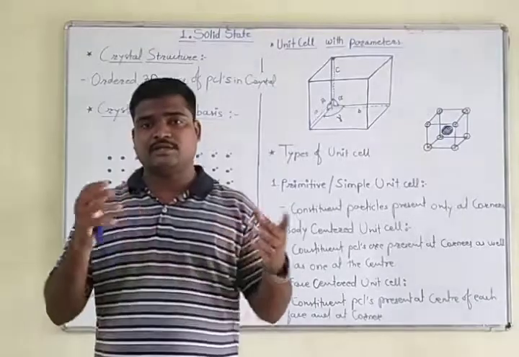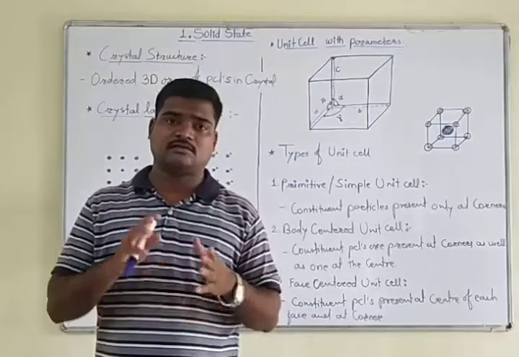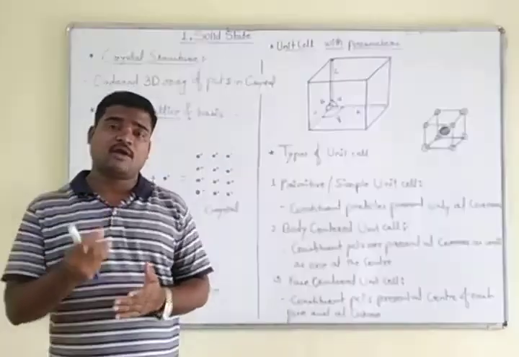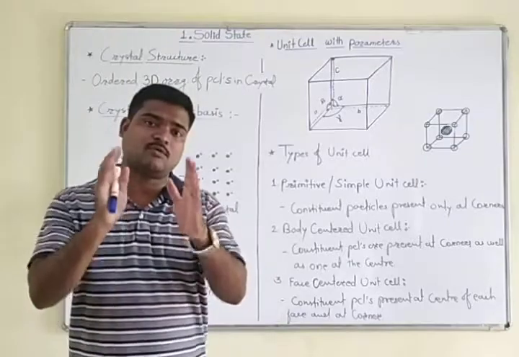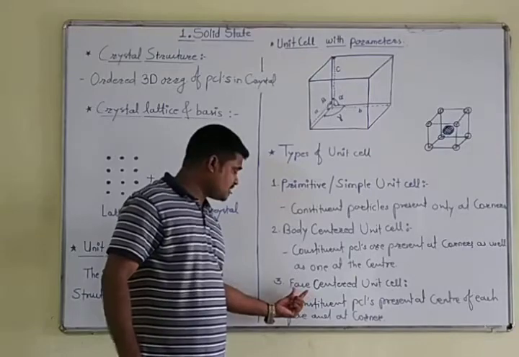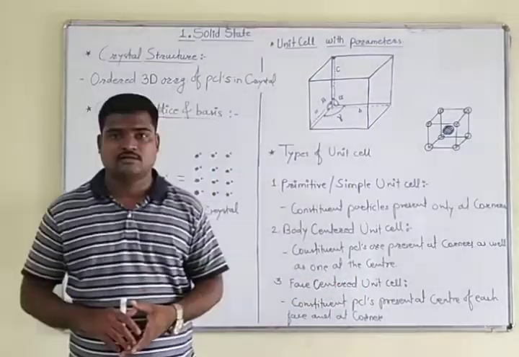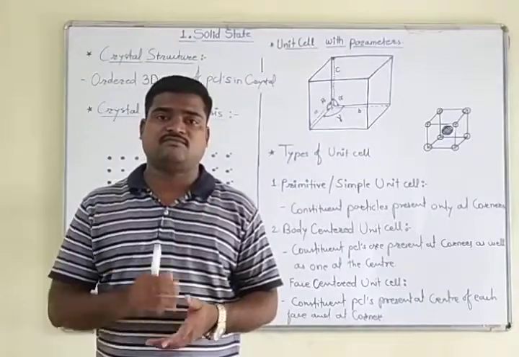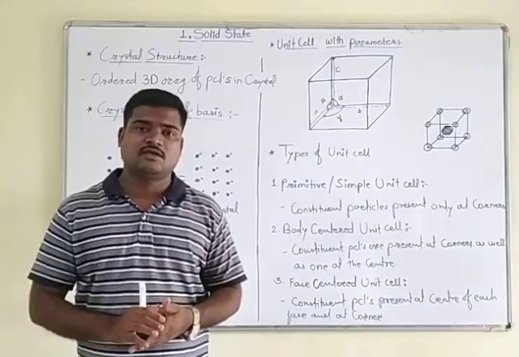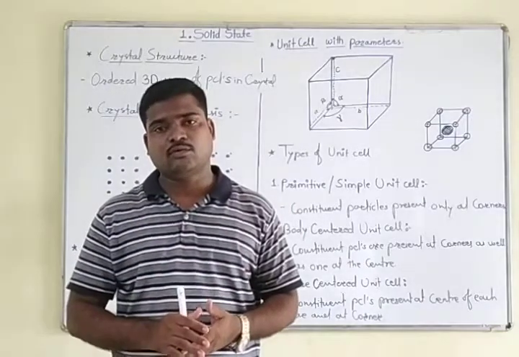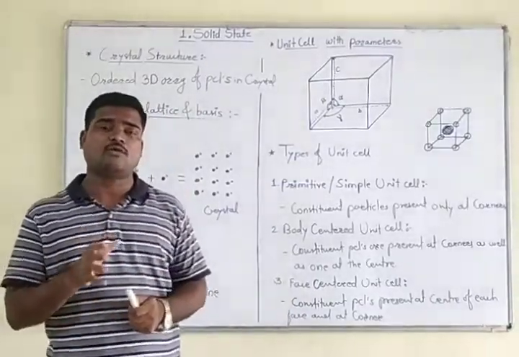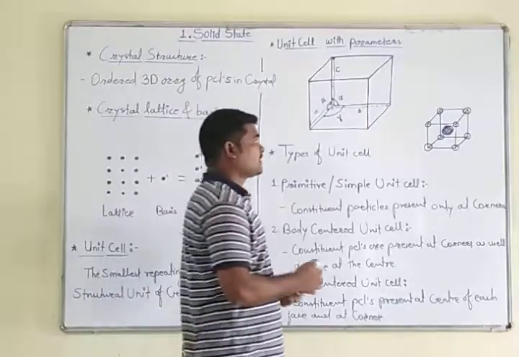Now the particles which are present at the regular corners remain the same, but the extra point is that the particle present at the center makes it a body centered unit cell. Now we will come to the third type, the face centered unit cell. The name itself indicates that one atom is present at each face of the regular cube, or unit cell. Now we are going to see how the figure looks.